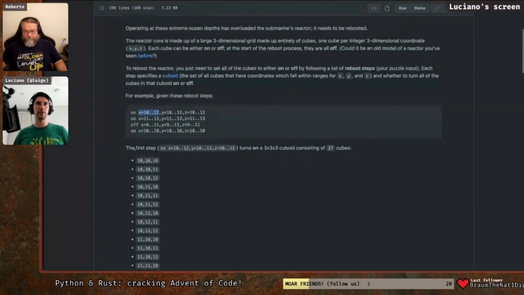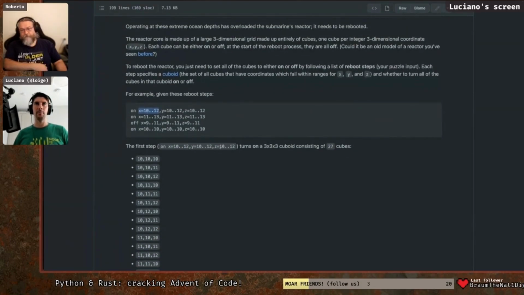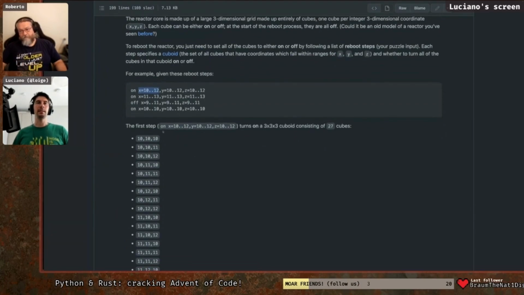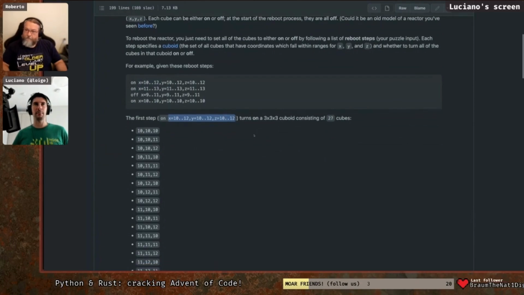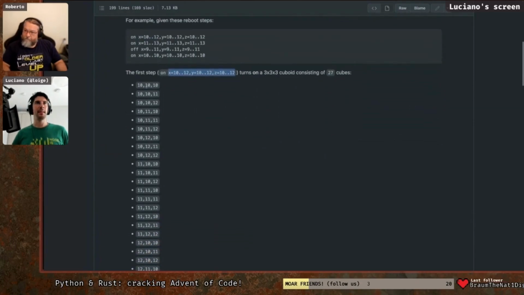So if we try to decompose the first step, imagine that you are starting with a 3D space where everything is empty. As soon as you see this instruction, it means that you need to understand how many cubes are being created. You can imagine those as 3D pixels. And basically at that point, we have 27 3D pixels